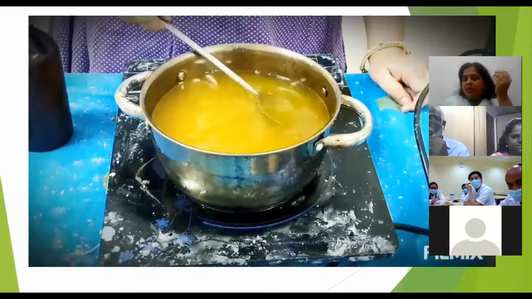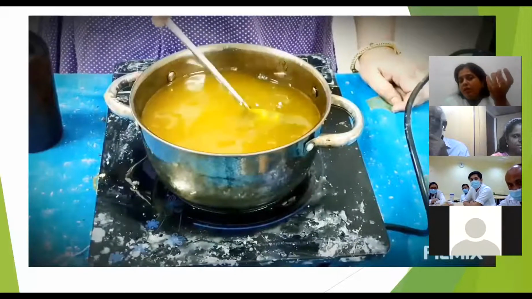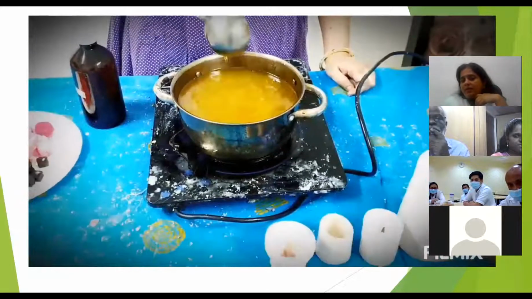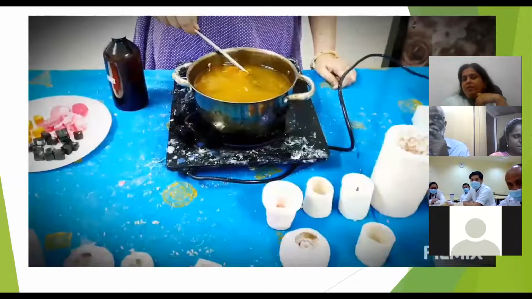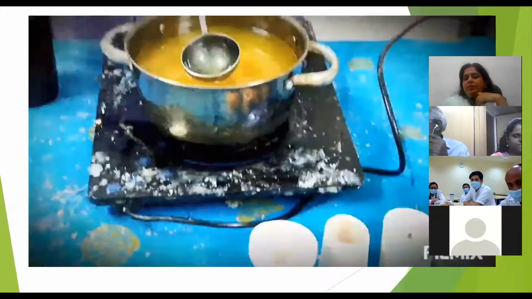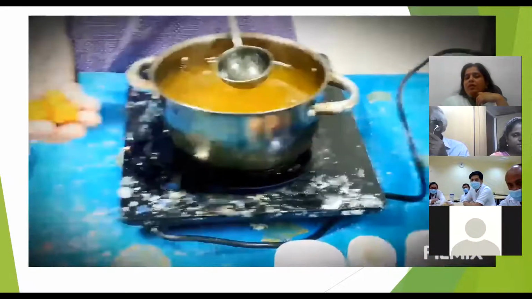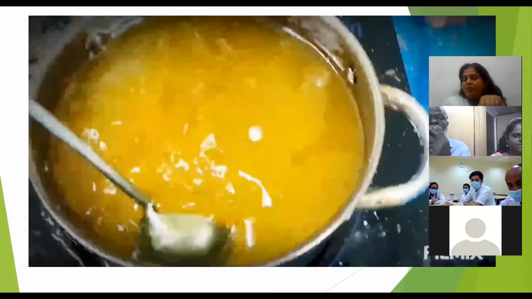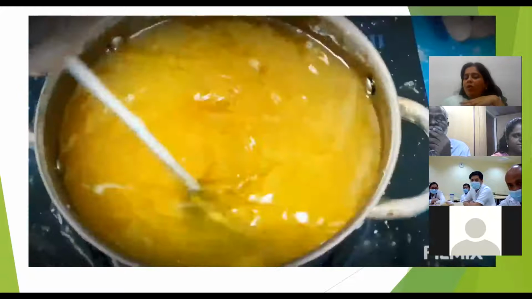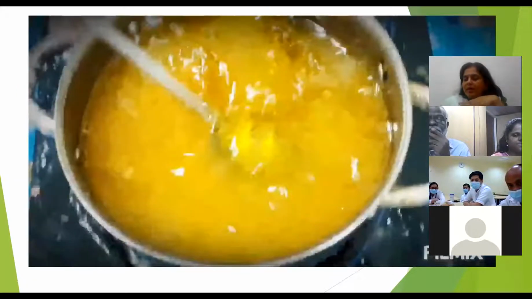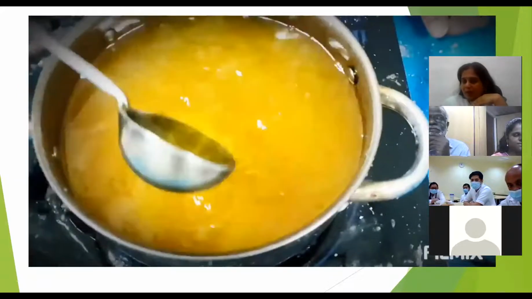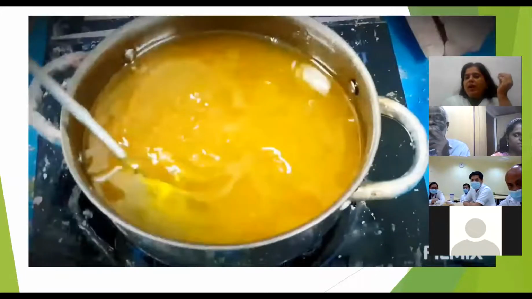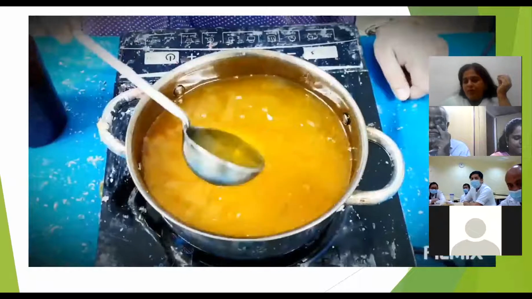We must also teach the children that the pellets need to be put into that spoon before dropping them into the wax. So I want more color, so I can add at this time also. Once the whole wax is melted and the color pellets are also melted, then we switch off the induction stove and we add the perfume.